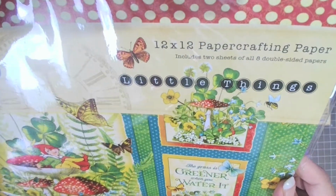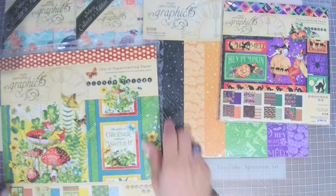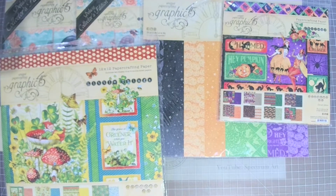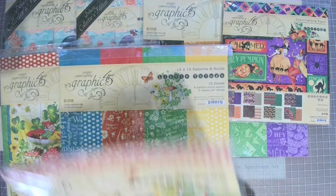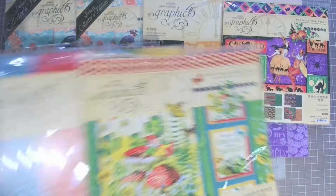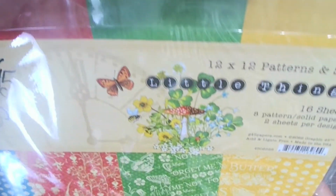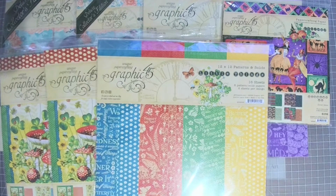Next, I picked the Little Things collection. This is a brand new collection, one of the new releases. And oh, I am so in love with this paper line. I'm sure you will be too. It has all these beautiful butterflies and fairies and gnomes and just forest critters, just gorgeous. I loved it so much, as you can tell, that I got two 12 by 12s,